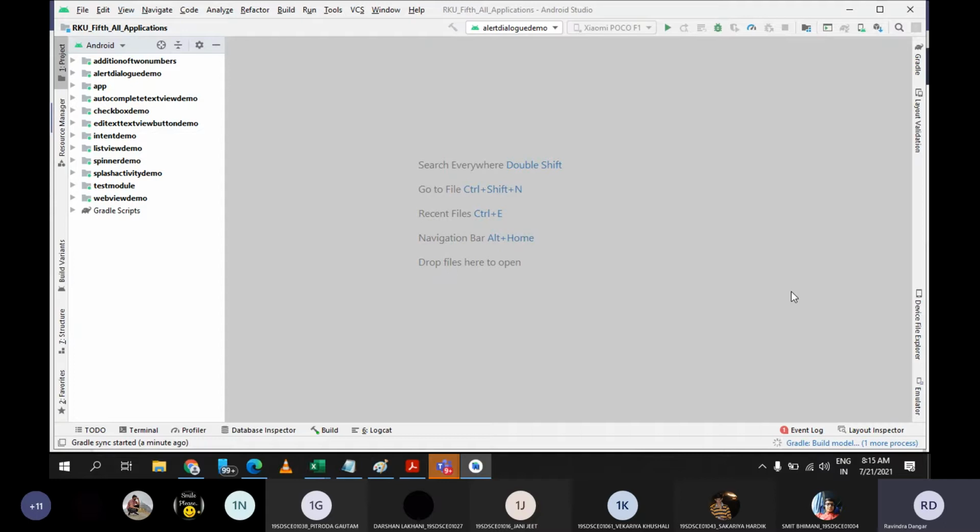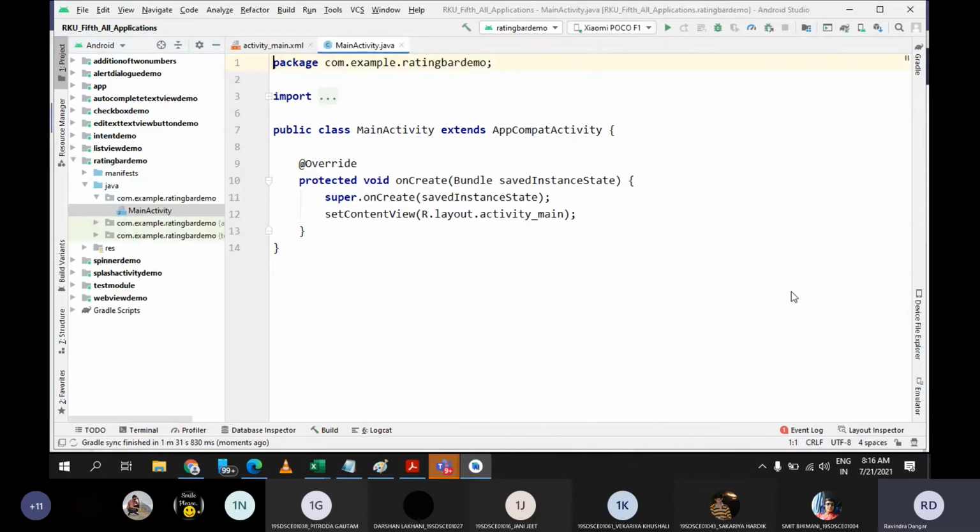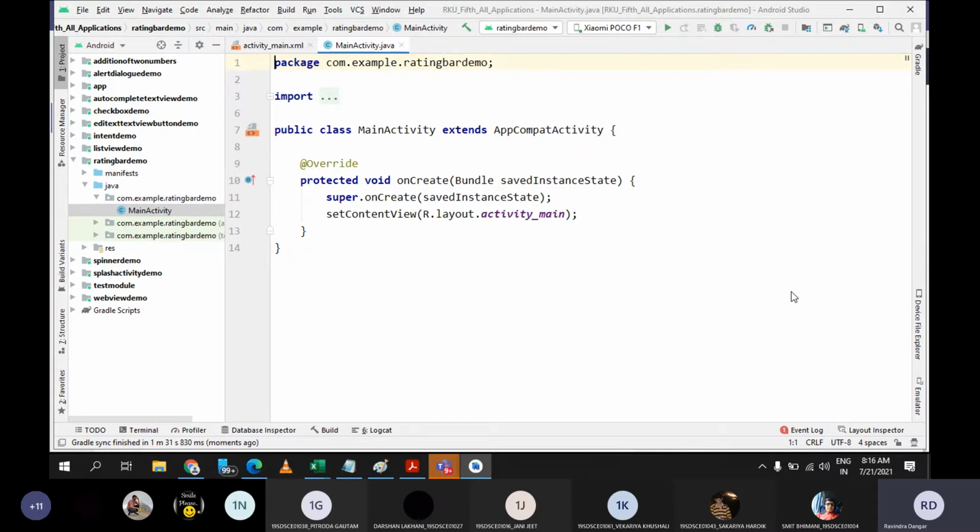Once I place the rating bar in the application, it will display a rating in terms of stars. You will be able to find various stars there, and based on the selection, you will get the number. For example, if there are 5 stars and I select 2, then I'll get my rating as 2.0. Then I can use that value and do whatever I want with it, so that I can have analysis also. So far, are you getting me? Yes, sir.